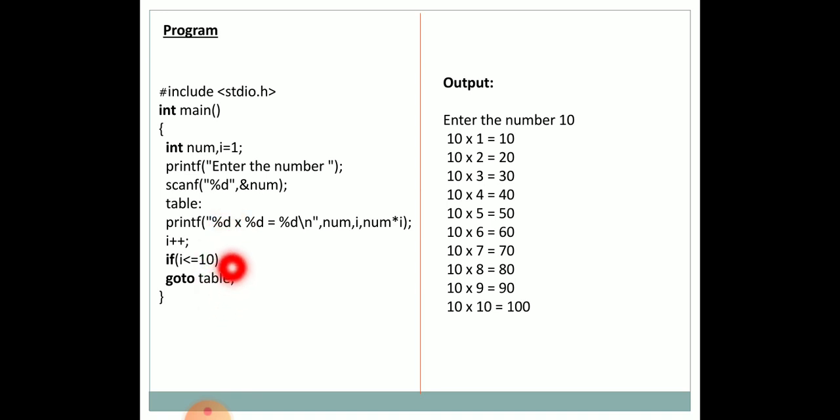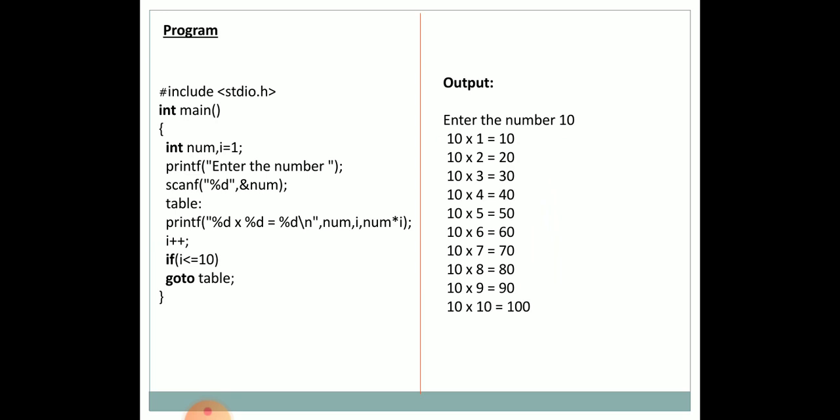So when i is equal to 11, the execution of the program will be terminated. So these lines will be executed repeatedly until the i value becomes 11, so that we get the table of 10. 10 into 10 equal to 100.